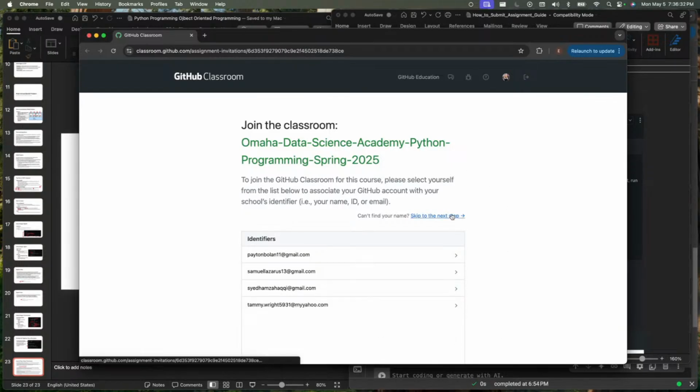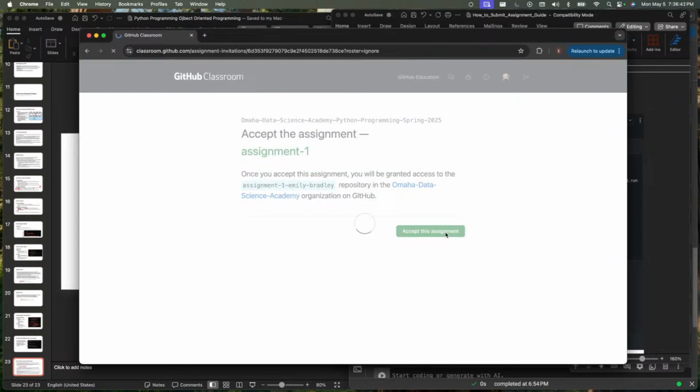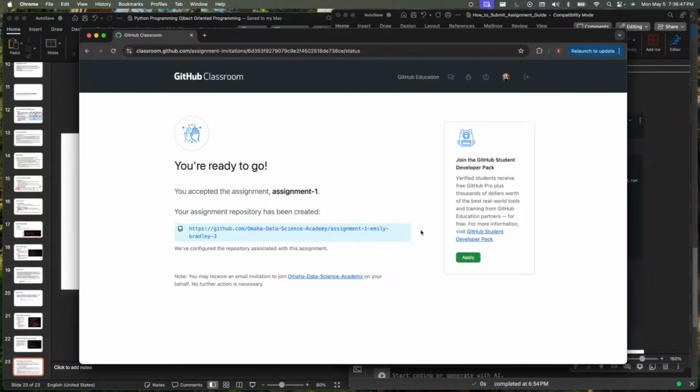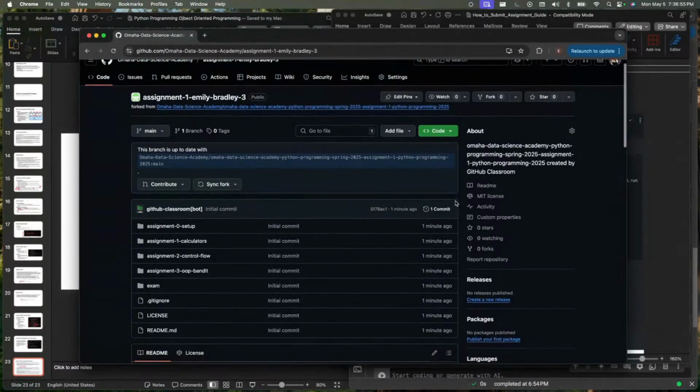If your name's not there and you still haven't accepted your assignment, you don't have an existing link out there, you can click skip to next step. Then click accept this assignment. That's how I email you. And then direct to this repository.